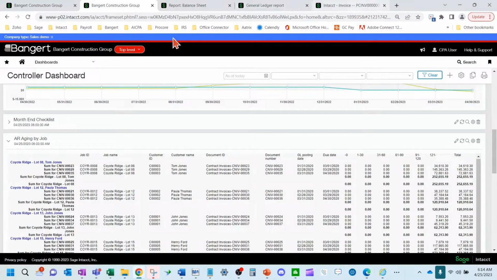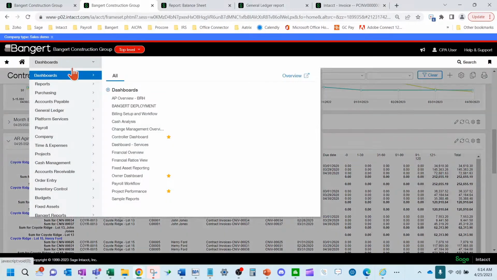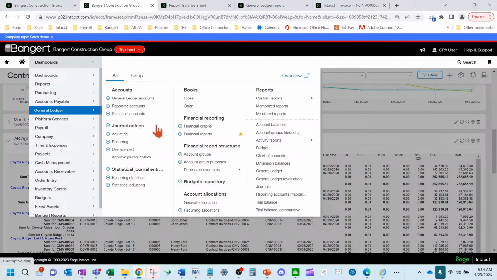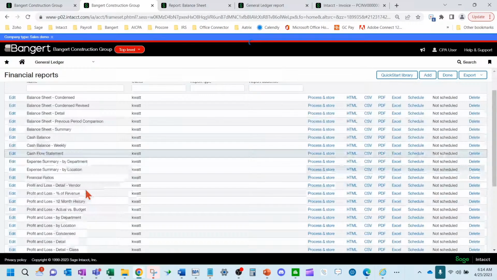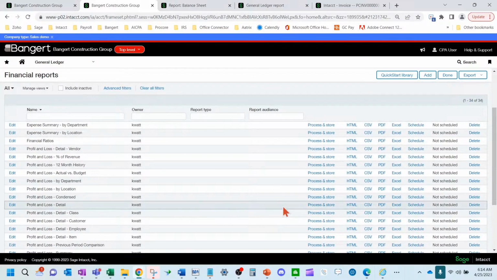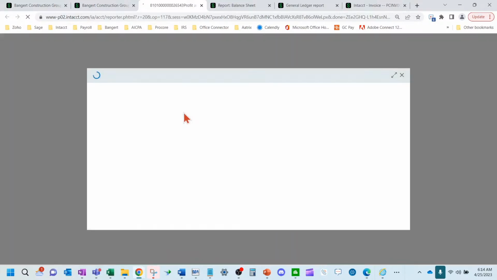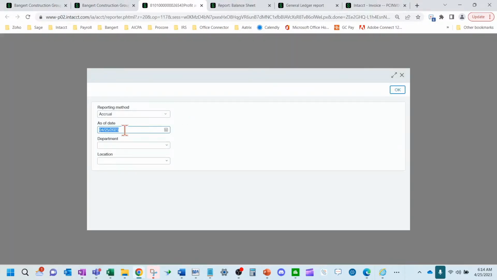So again, same kind of premise with your income statement. They could pull up an income statement detailed report themselves and come in here and run an income statement.